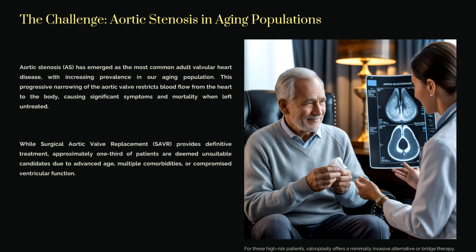The story of valvuloplasty starts with aortic stenosis. Now, aortic stenosis has emerged as the most common adult valvular heart disease with increasing prevalence in our aging population. This progressive narrowing of the aortic valve restricts the blood flow from the heart to the body. Now, we have to know why this aortic valve restricts blood flow,